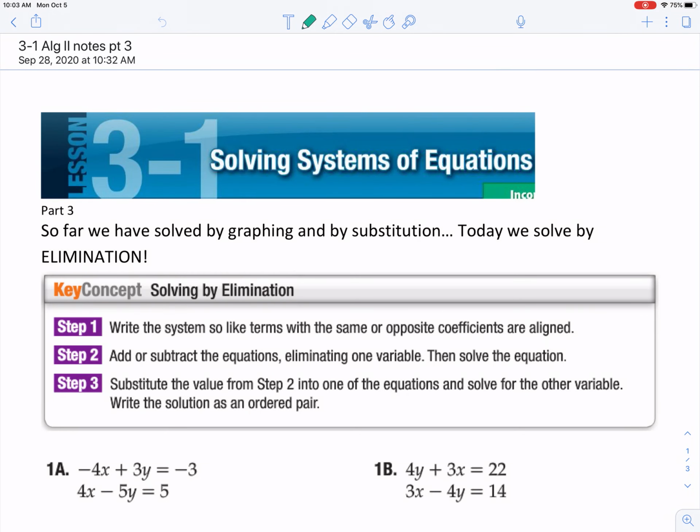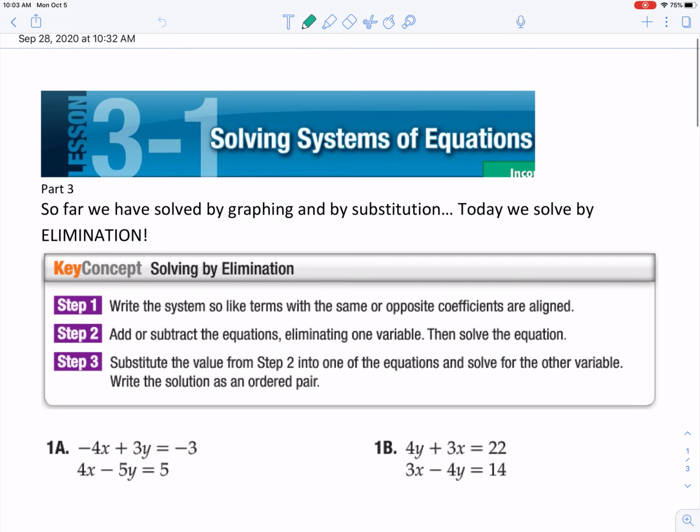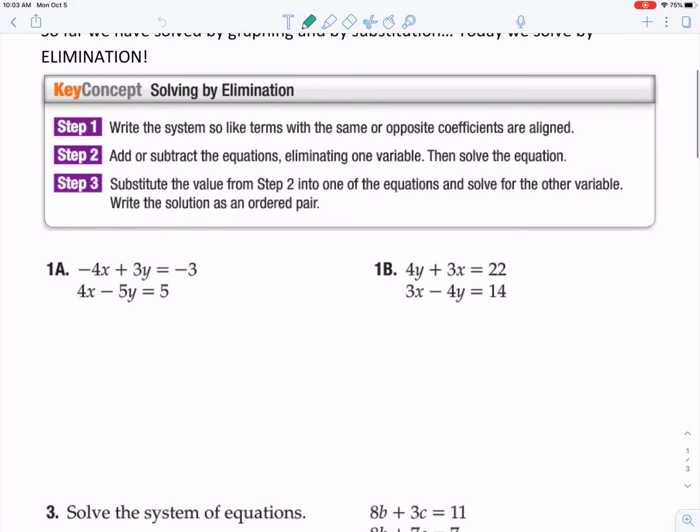Today we get to do elimination. We are continuing solving a system of equations. So here's the key concept. It tells you exactly